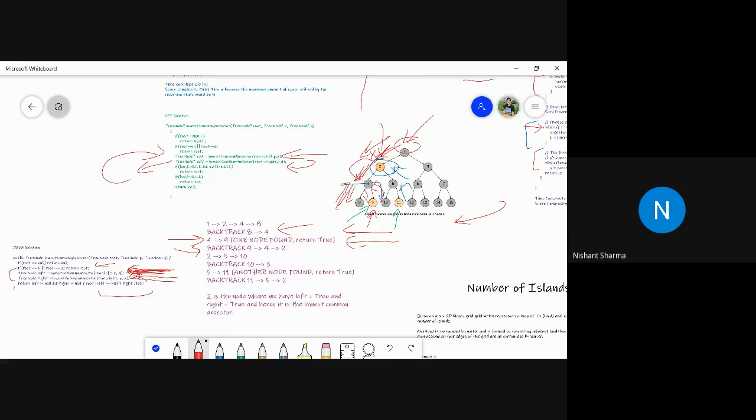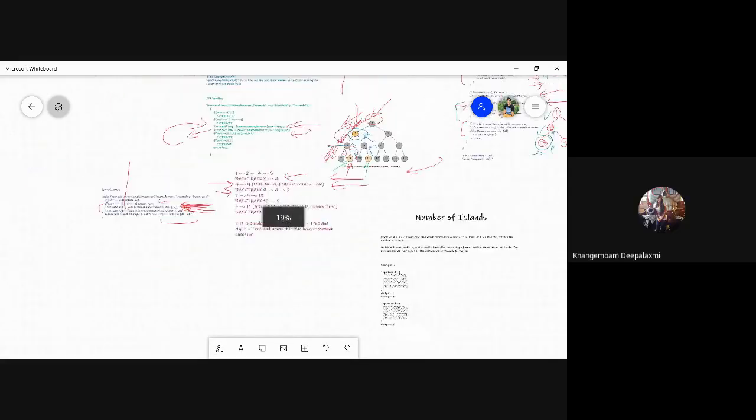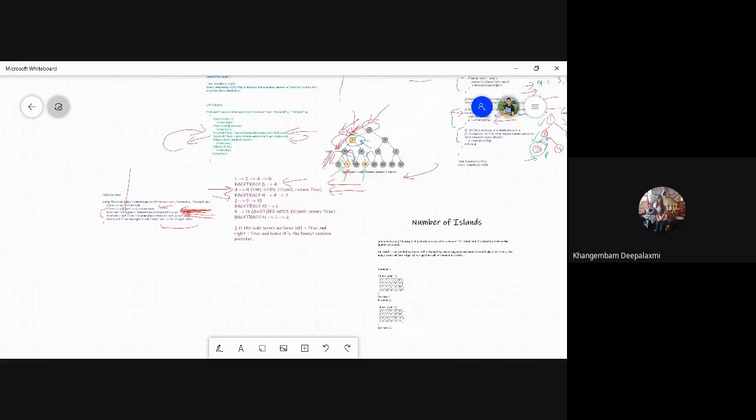When you traverse, you put it into the stack, and to go in a different direction, you need to pop out the element from the stack itself. I'm not sure whether it's clear again or not. Thank you, Nishant. It's clear. Okay.